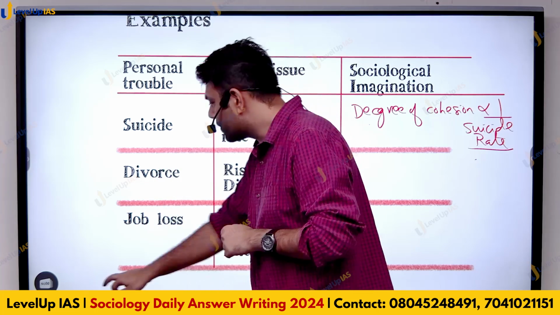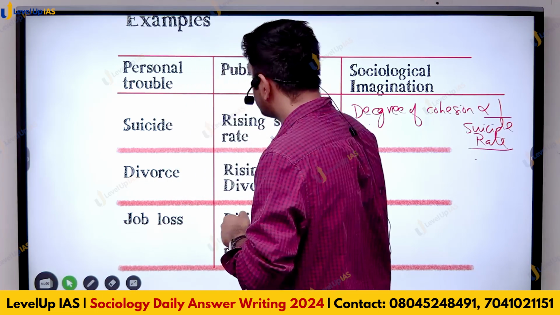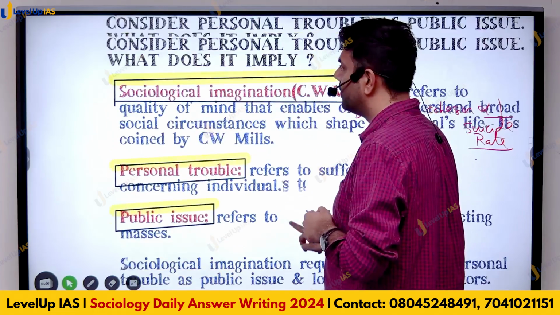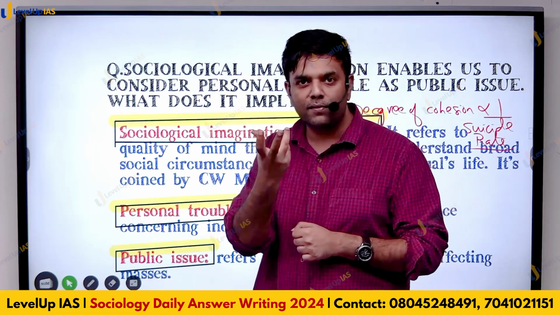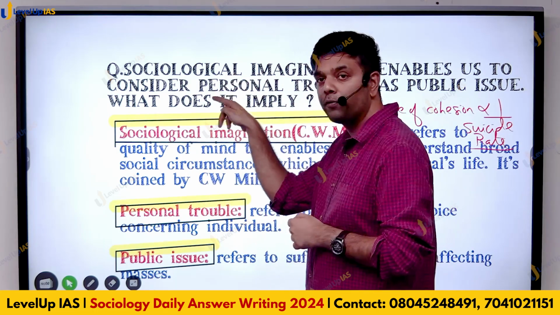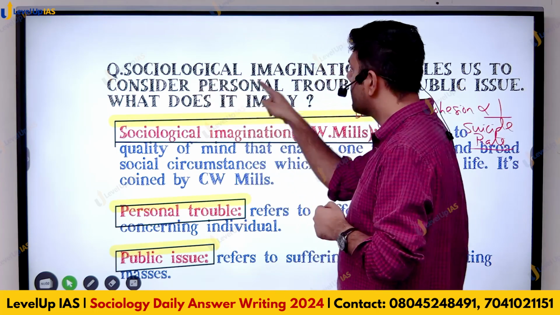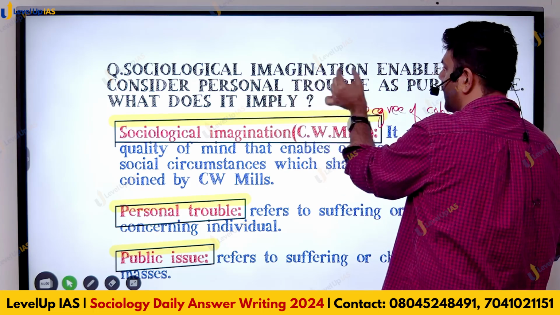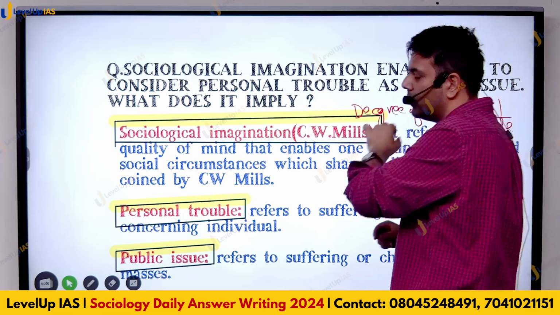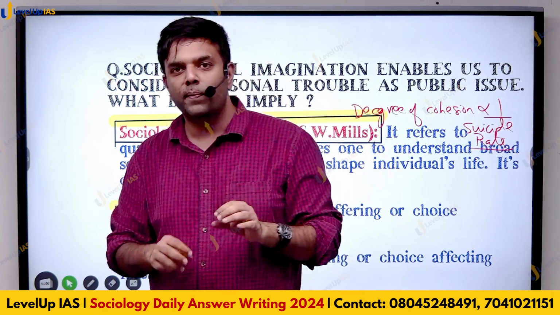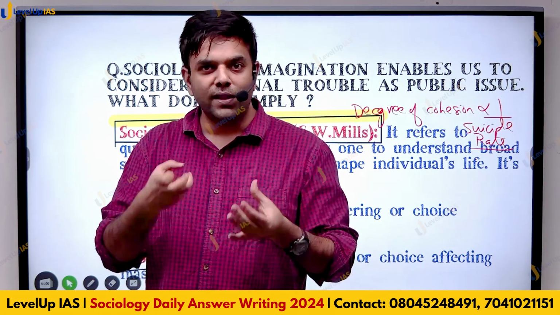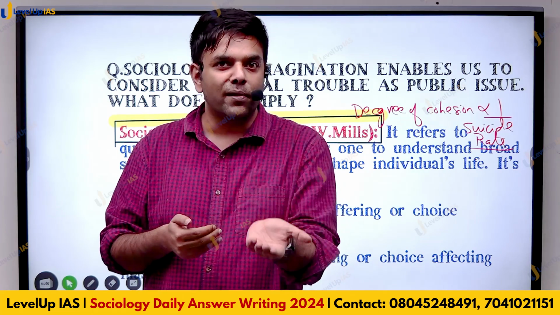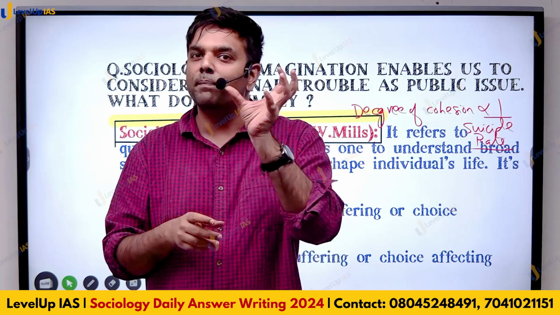Remember, your conclusion should always be a paraphrased version of the question itself. The question was, sociological imagination enables us to consider personal trouble as public issue. What does it imply? So my conclusion would be that with the help of sociological imagination, we can go beyond personal trouble and understand the macro picture